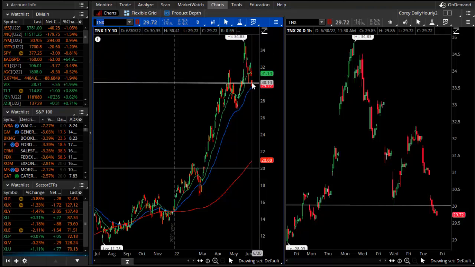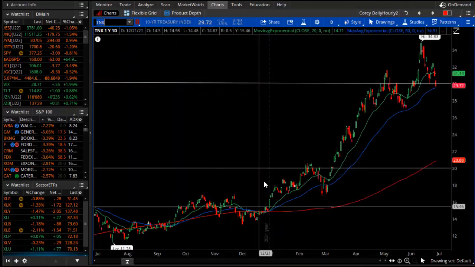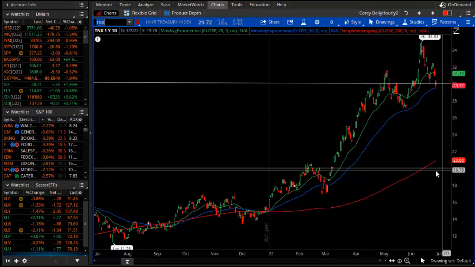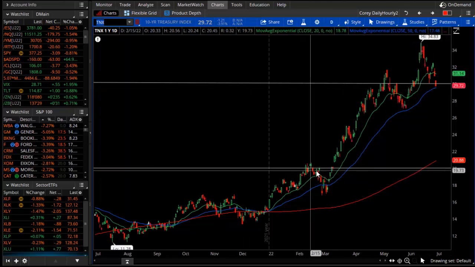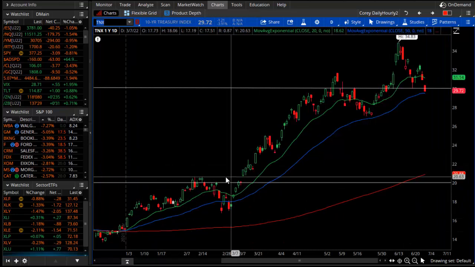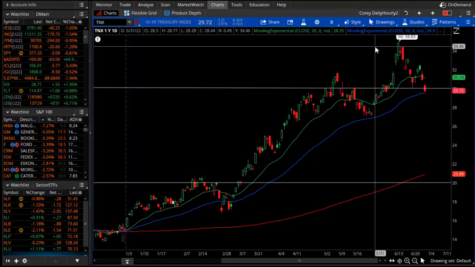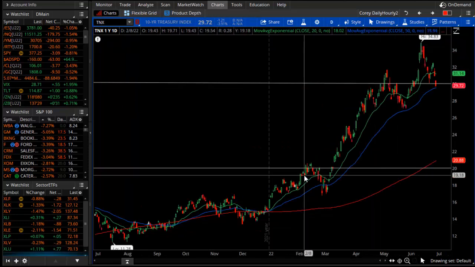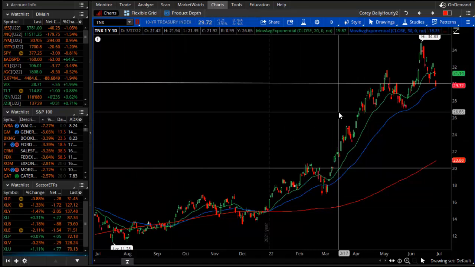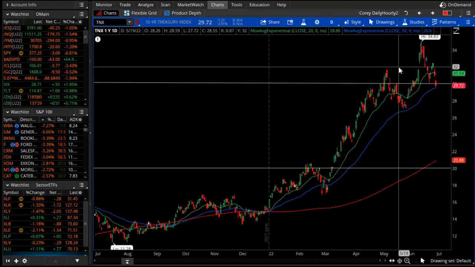So when you say 30 on the TNX, that refers to the yield. We're looking closely at the 2% yield, which was hit earlier in 2022 and then went all the way to 3.5. So that is the theme as we go through the midpoint of 2022: inflation, yields rising, interest rates going up, borrowing cost or cost of capital, loans, business, home, personal, all the loan prices, all the yields are going up.